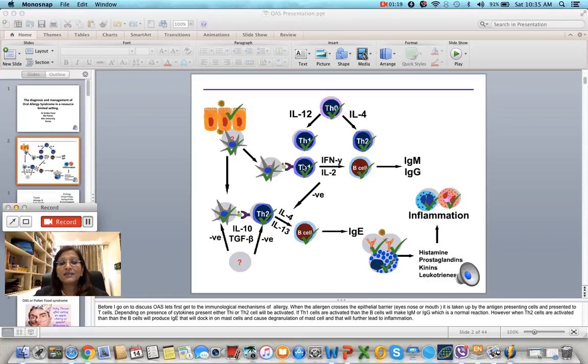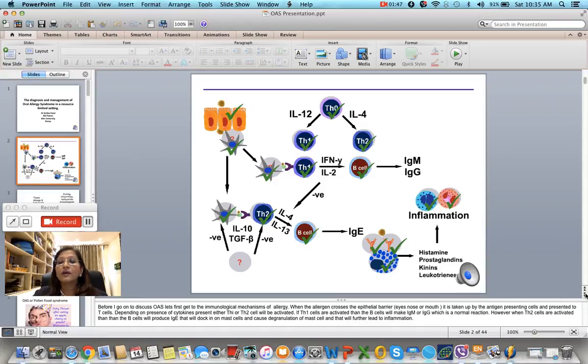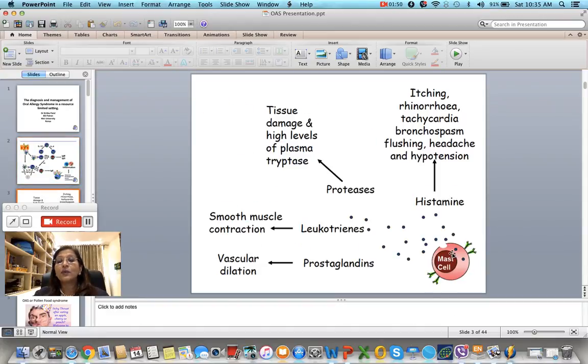If Th1 cells are activated, then the B cells will go on to make IgM and IgG, and this is a normal reaction. But when Th2 cells are activated, then the B cells will produce IgE that will then dock onto the mast cells and cause degranulation of the mast cells that would further lead to inflammation. The mast cells, when they degranulate, they produce